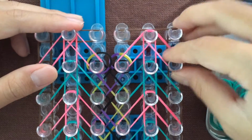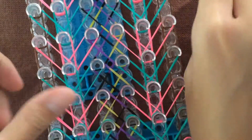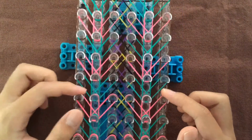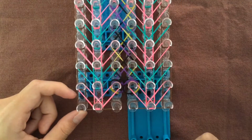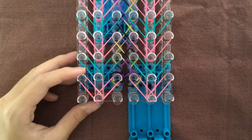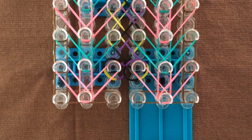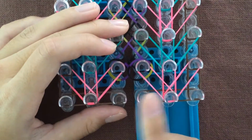When you're done with this, you can turn your loom around so the arrows are now pointing towards you. So this is how your loom should look. And then on the front, you have the dropped bands. So now we're going to get your other border band, this band, and you're placing it as a cap band